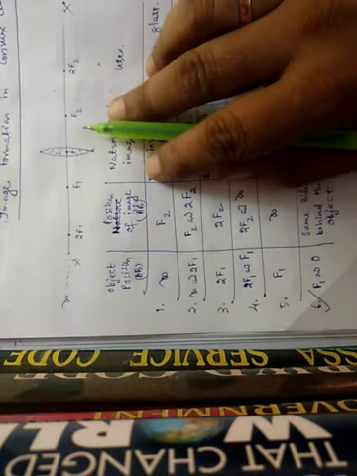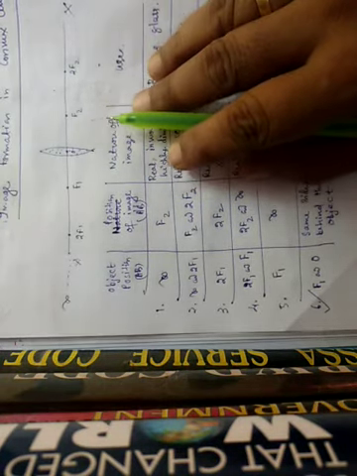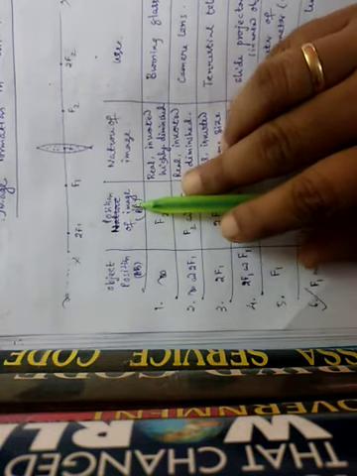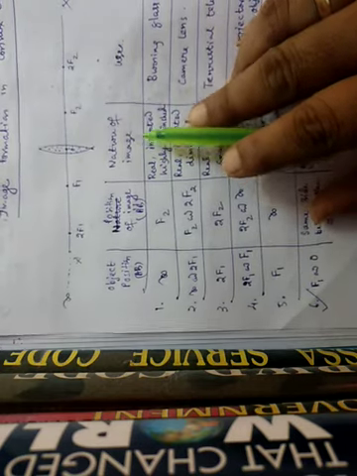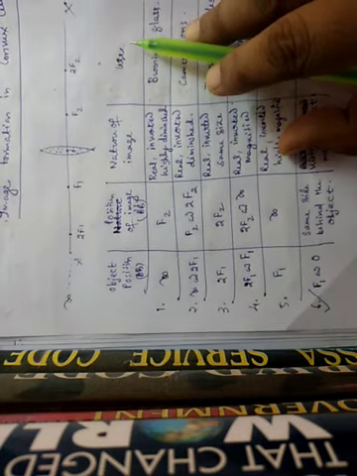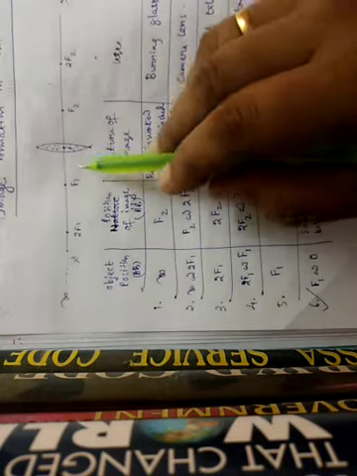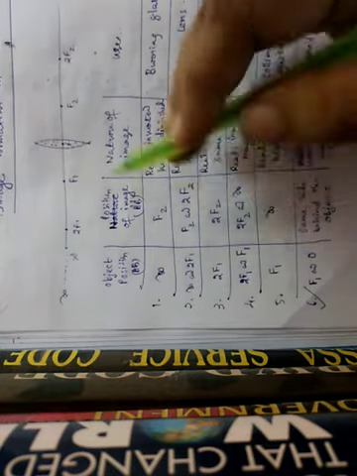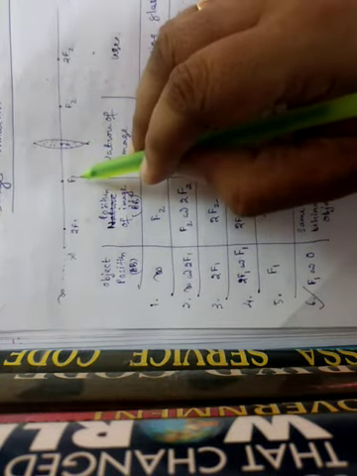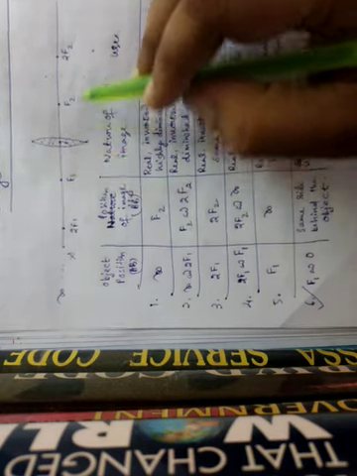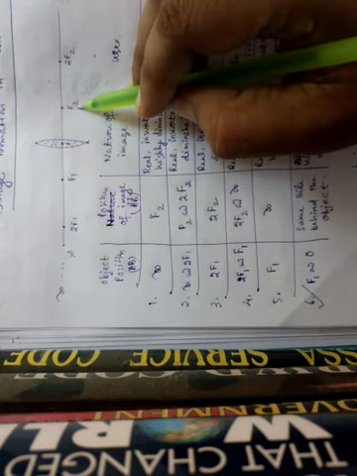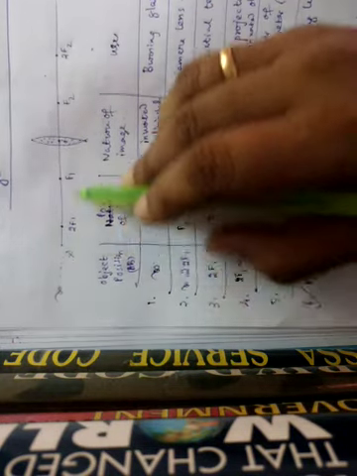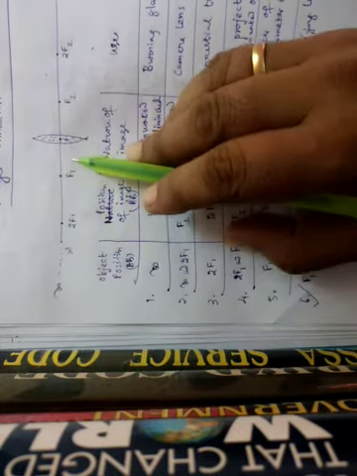Before tracing the diagram, first we have to keep in memory the table of object position, image position, nature of the image, and the uses of the various positions of the object. First, think: there are 6 positions in a convex lens to draw the image. Now here you see, F1 is meant for the object, F2 is meant for the image. So this is not the place of the object. This side is the only place of the object. How many possible positions are there?